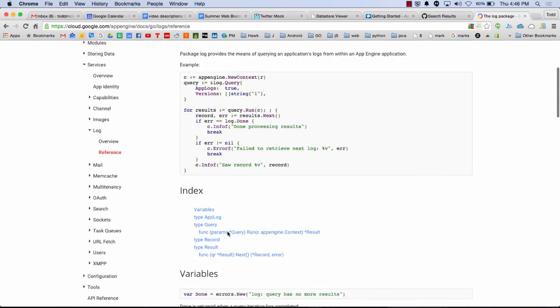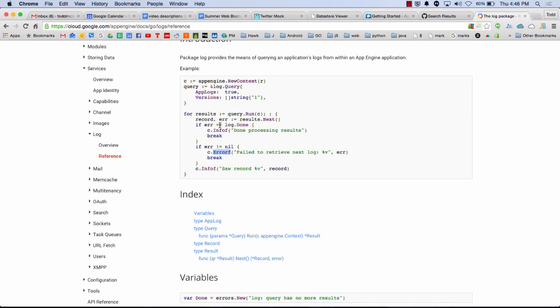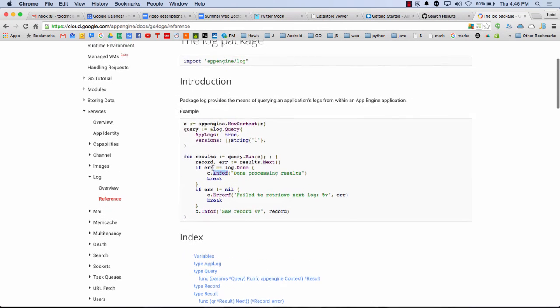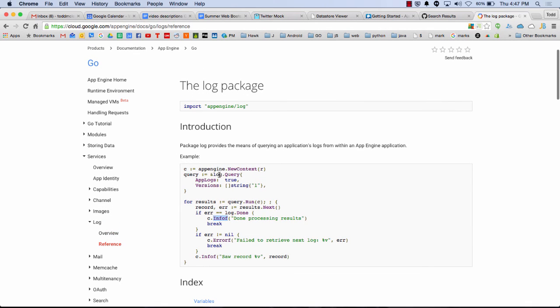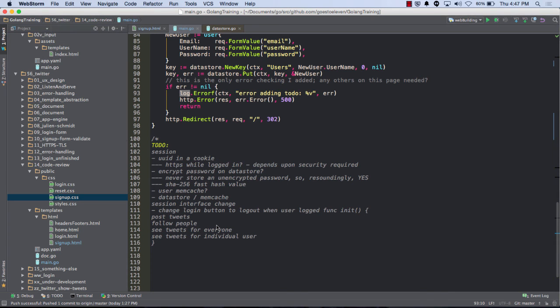I thought that's where, see, there's Errorf, there's Infof. What is appengine.NewContext? I don't know where those are listed. Maybe it's under context that you do that stuff, but where's the logging? I thought it was like log. Confuses me sometimes. I don't know. Find it later.